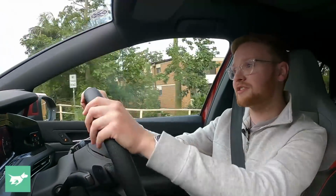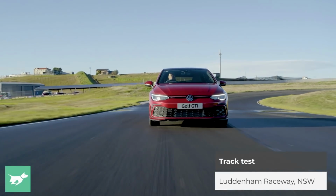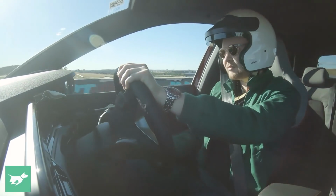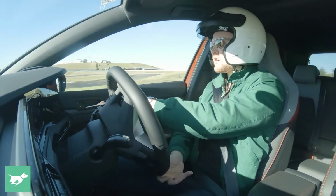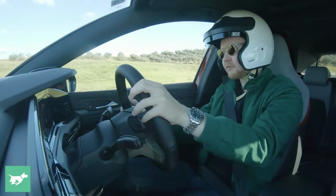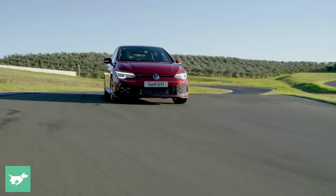All right, let's do a lap and see how the new GTI fares on track. All right, Golf GTI, let's have a quick track blat, see what's changed out here. Not because that many people track their GTIs, but because a great closed environment like this just lets us reach those higher limits of the car in a safer spot, basically, and it's fun. So hey, now as I mentioned up front,